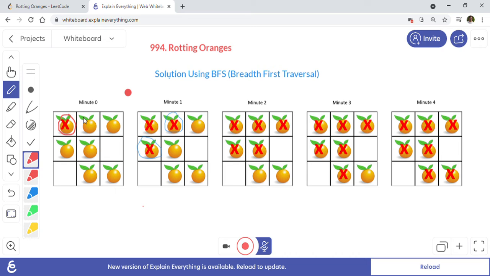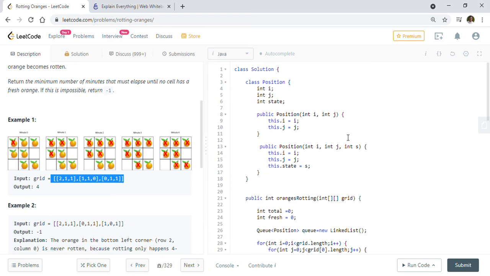So first we are going to iterate this whole grid, and then we are going to count how many fresh oranges there are. So that's what we are doing here. So let me show you the